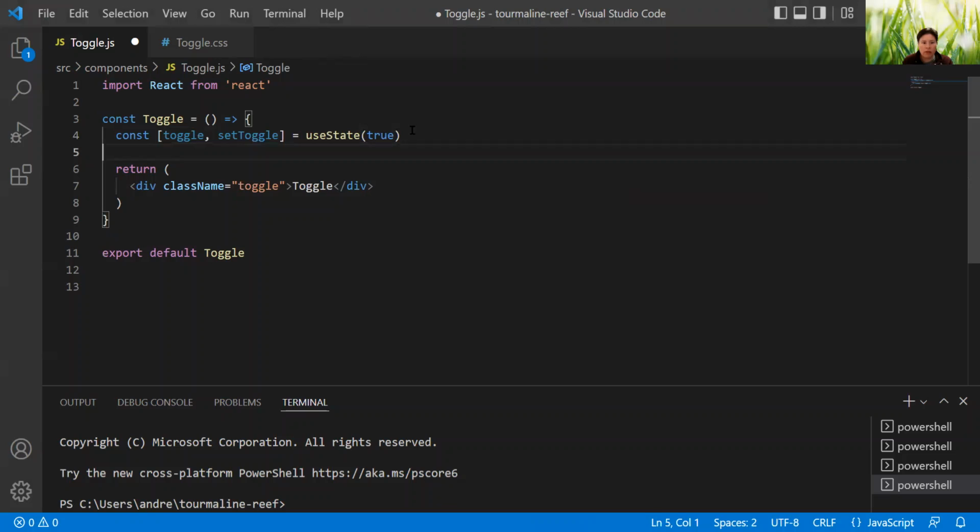So that's basically the standard naming convention for when you're making a state hook. It's going to be enter, set enter, exit, set exit, show, set show, hide, set hide. That's pretty much the standard. And just to be clear, the toggle refers to a variable. And then the second item, called set toggle, is a function that you use to make adjustments to that variable. So if we want to set toggle to false, the way we would do that is use the set toggle